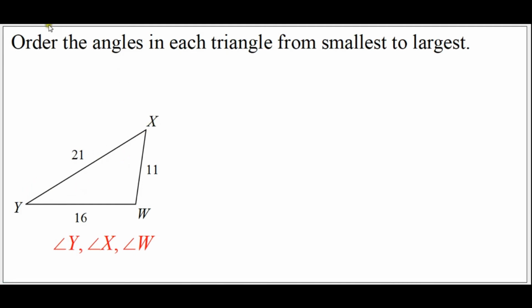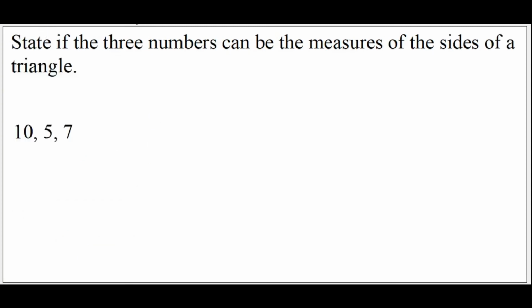Next, let's state if the three numbers can be the measures of the sides of a triangle. Can they be the sides of a triangle? 10, 5, 7. How are we going to know? We are going to apply triangle inequality theorem 3. Okay, so the answer would be